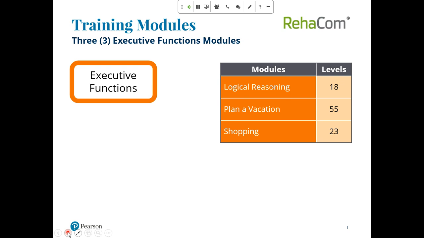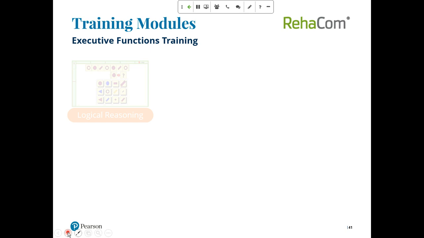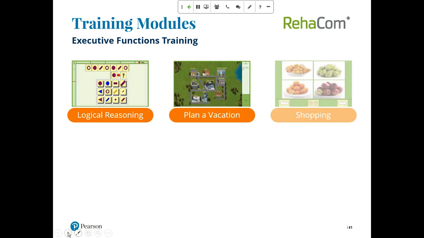So if they're planning a vacation, what are the parts of it that they need to pay attention to? And then if they're planning to go shopping, what do they need? And in what order are they going to get things? And do they forget what they went out shopping for? So these are areas that may be very important, and the patients can